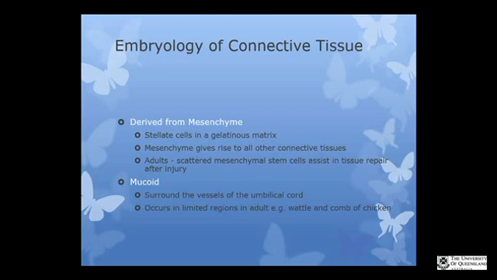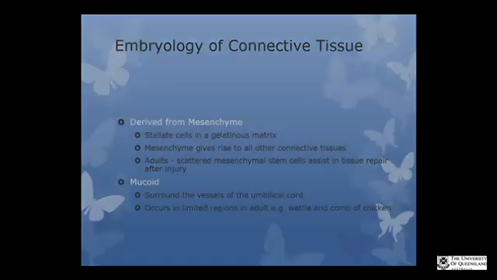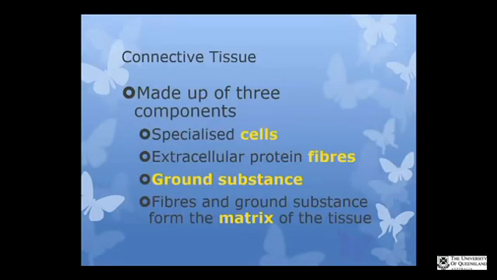You can have mucoid connective tissue. Mucoid is slimy, as you expect, and that surrounds the vessels of the umbilical cord. And it occurs sometimes in limited regions in the adult, and of course it happens particularly in wattles and combs of birds. That's why they're floppy. So connective tissue is made of three components: specialized cells, extracellular protein fibers,